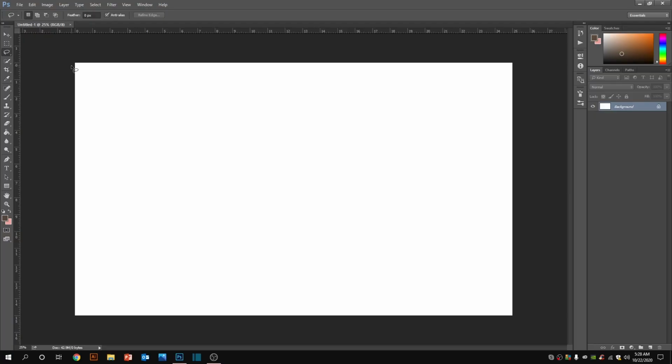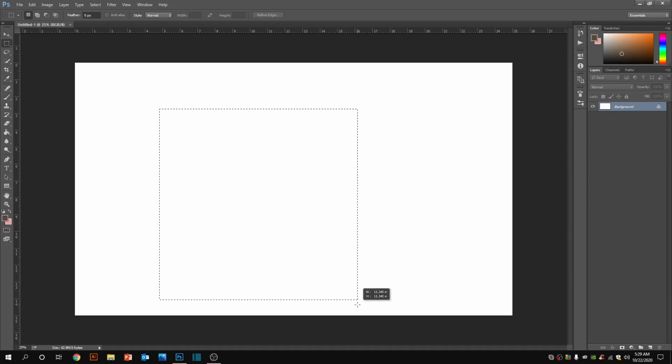Right practice and intense practice is needed to understand and learn the shortcut commands. See, this is the toolbox. If you take your cursor here and leave it for a moment, you see the rectangular marquee tool. You just need to press M and it will be here, right?